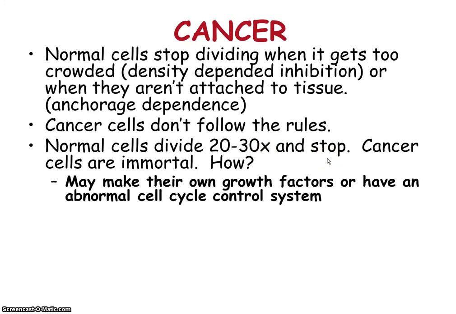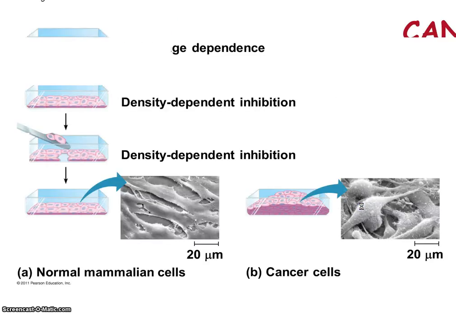Also, certain cells normally only divide a certain number of times. They don't just keep dividing forever. And so again, cancer cells, we say that they're immortal. They just keep dividing over and over again. They don't get to a point where they stop. And so we think that something's wrong, obviously, with the cell cycle, and that goes back to their DNA, certain portions of the DNA controlling the cell cycle.